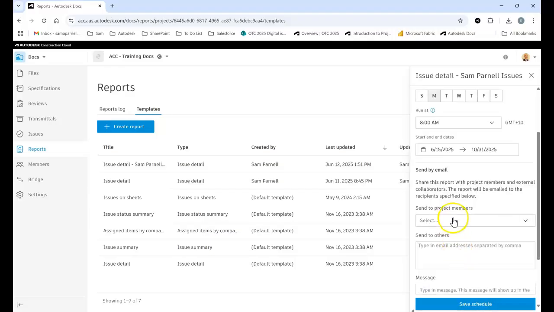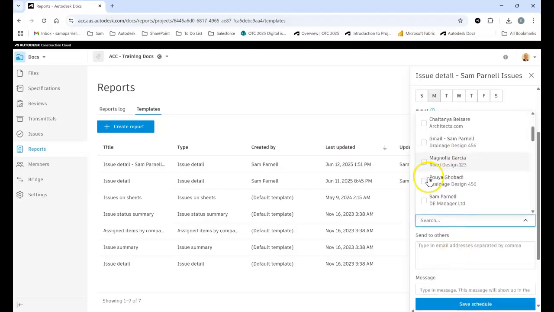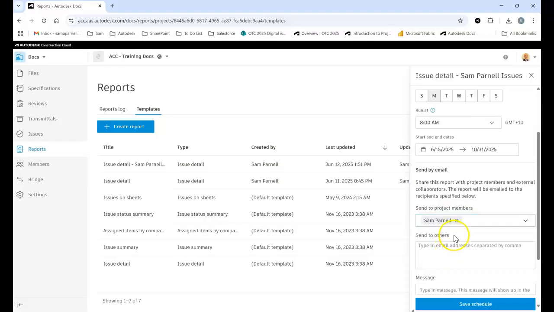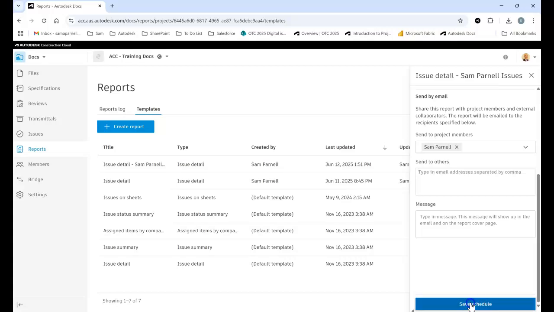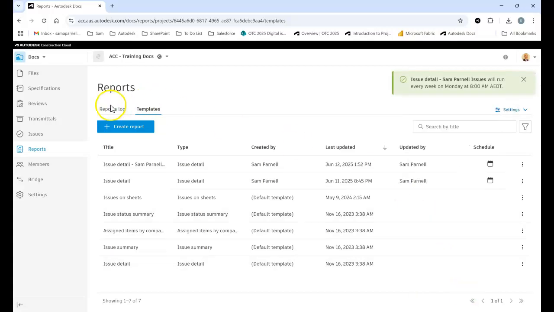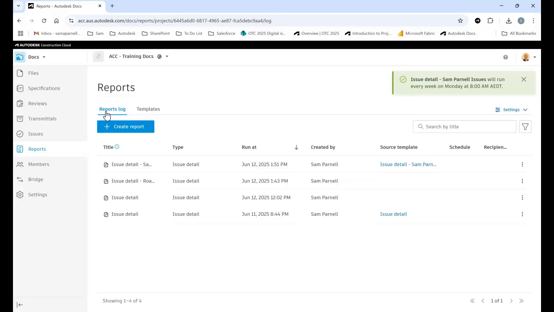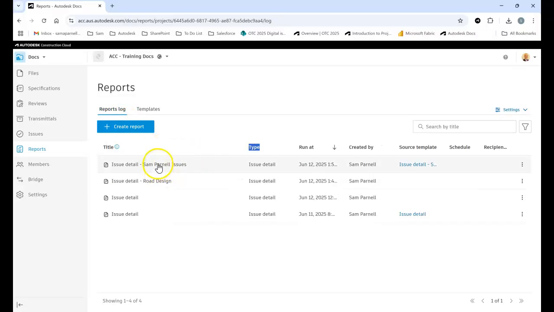If I hit send to project members, we'll just hit myself. And if you want to send it to others, you can, and add a message in here. I don't, I'm just going to send it to myself, so I'm going to hit save, and that report's going to run. If for some reason I needed this report to be run today, all I need to do is